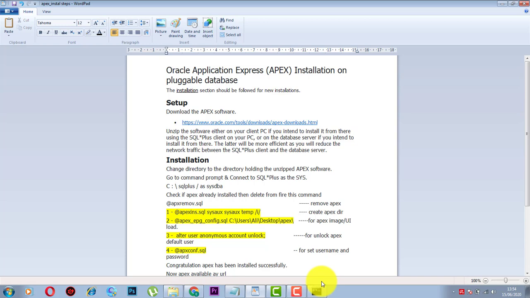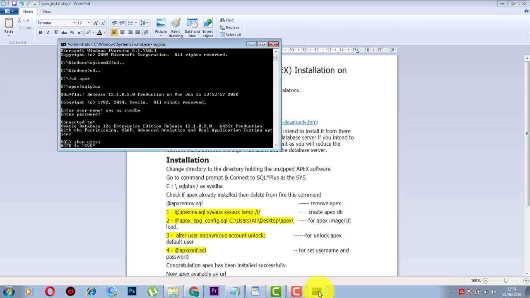When we install Oracle database 12c or a later version like 18c or 19c, one master container database and one default pluggable database are automatically installed at installation time. You can also create many pluggable databases on a container database.